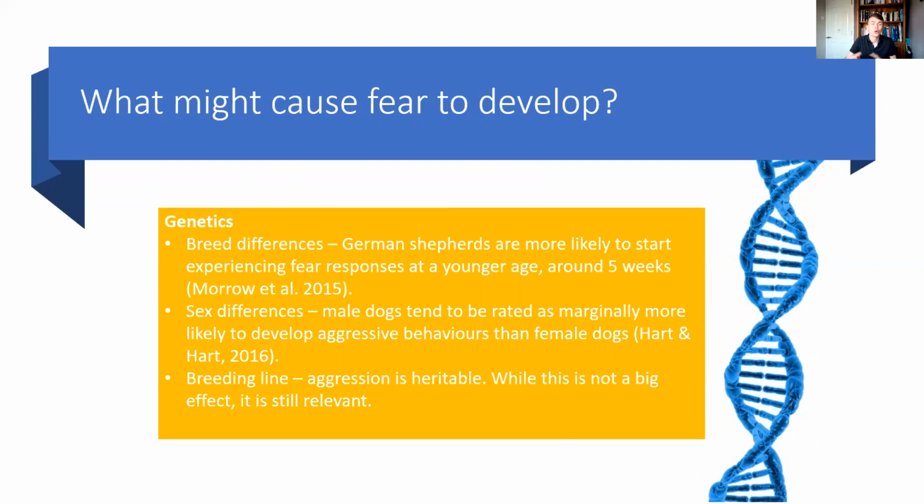So one key one, or a dog that's quite often associated a little bit more with aggressive behaviour, are German Shepherds. And that's because they have actually been bred to be more aggressive, because they've been bred as guard dogs in many cases. So German Shepherds are generally slightly more prone to aggressive behaviour than other dogs. And one of the reasons for this is because they start experiencing their fear responses at a younger age generally than other dogs. So during their first few weeks of life, dogs don't really have any fear, or they don't really have the chemical processes in place yet to allow them to experience fear in the same way that older dogs would.